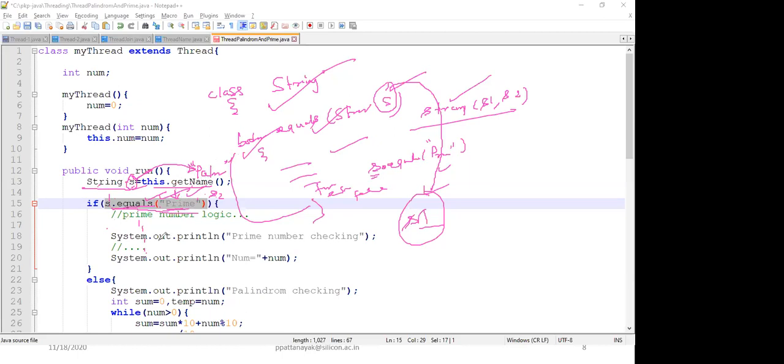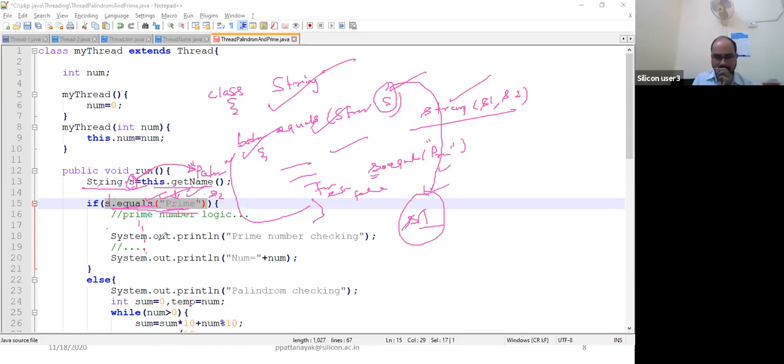Yes, sir. Okay, string we'll discuss in the next session. The question is genuine, whatever you are asking. String we have not discussed, but there are a few concepts I have already discussed with the string class. We have used many things from the string class, and in detail we'll discuss it later. Just remember that equals is a function in the string class that will say whether two strings are equal or not. You are invoking it through a string object, which has a string value, and checking whether this value is equal to another object or not. Here I am providing a constant, but not necessarily always; you can have a variable like this.